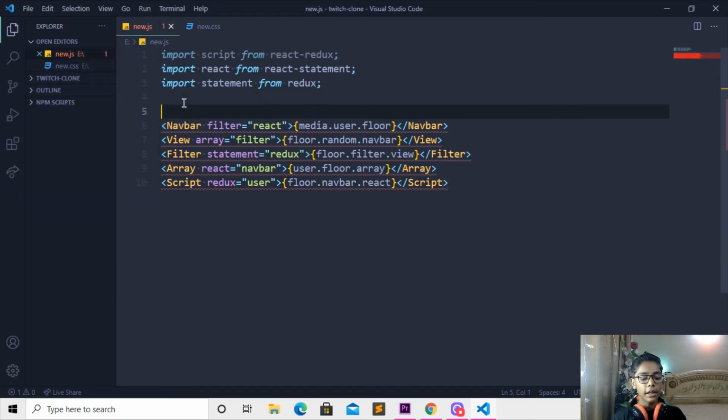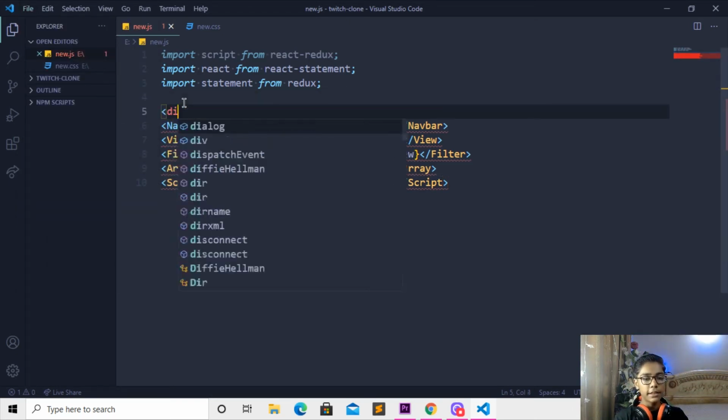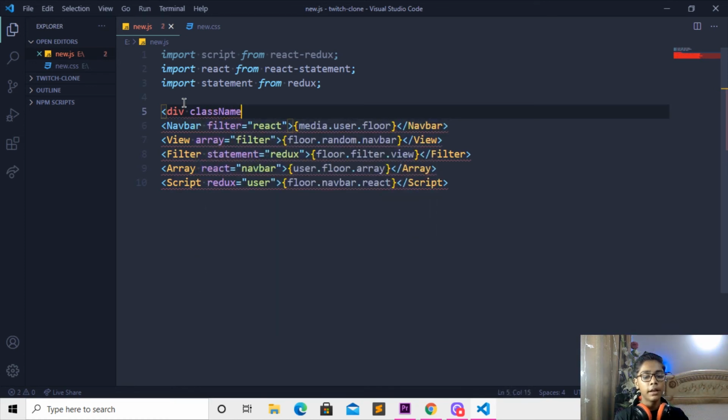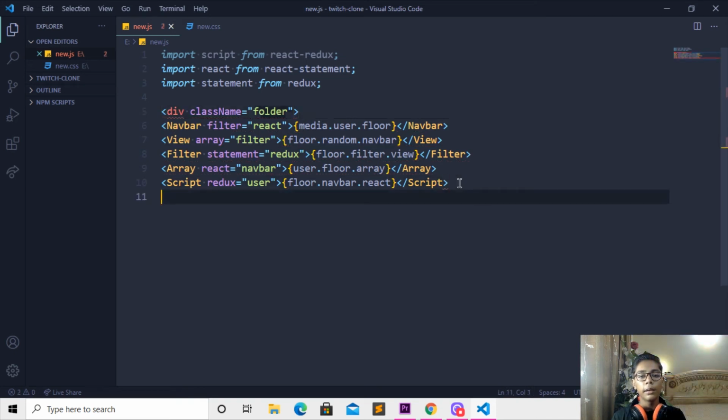Then you have to make a class here, so we can just define this class as a name. So here I'll be writing div className, and like I'm telling you, when you are writing className in React, the n which you are writing after class should be in capital. Then you can just write any of your class name. So here I'll be writing folder, closing that, and then I'll be copying this close div here, erasing, and then I'll be coming underneath and pasting.